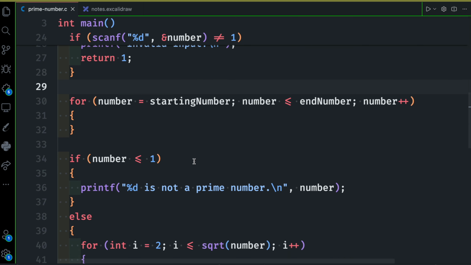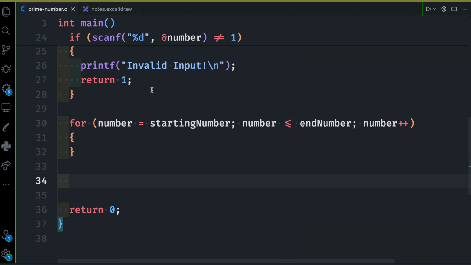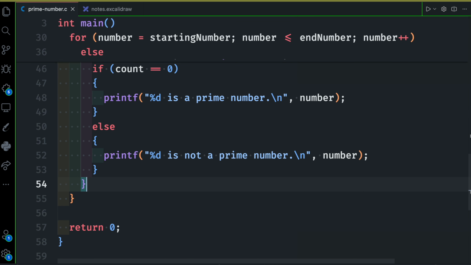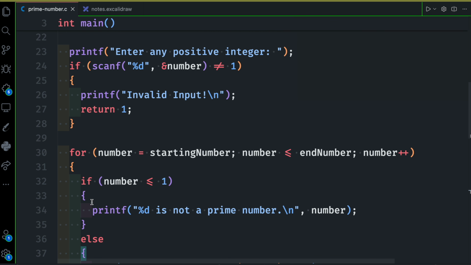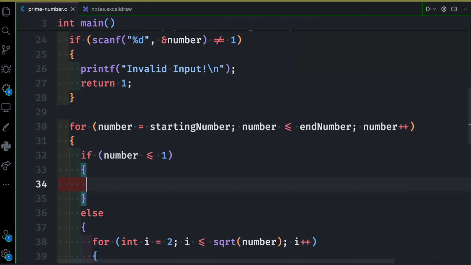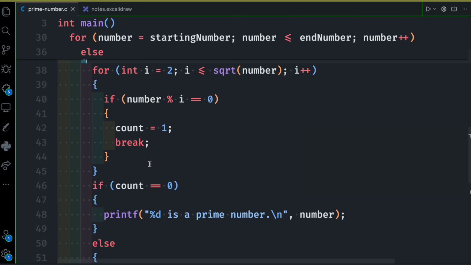Okay, so for that reason I'm going to cut everything from here to here. Let's cut, and let me put it inside this for loop, and we're going to modify this a bit real quick. So first of all, try to understand here, we just need to print all the numbers that are prime. So in this case, I'm not going to show this message anymore. I just want to check whether the value is between 0 to 1. In this case, we're going to change the value of count that we have, because if the value of count is 1, then it's not a prime number. On the other hand, if the value of count does not change, then it's going to be a prime number,